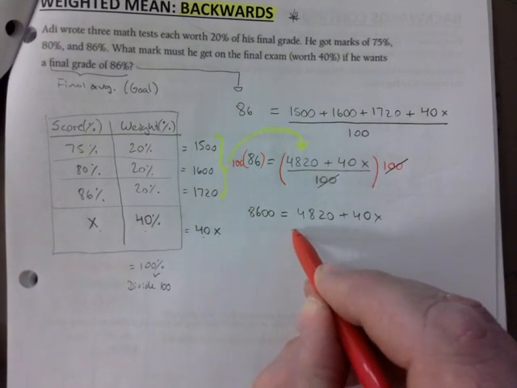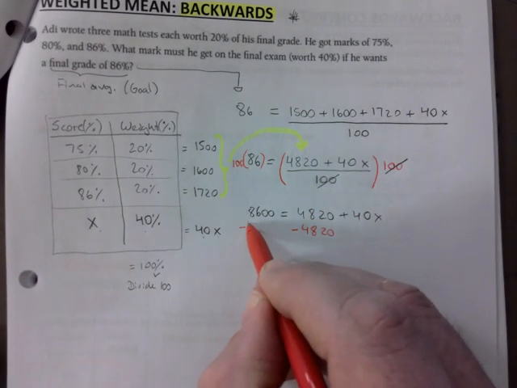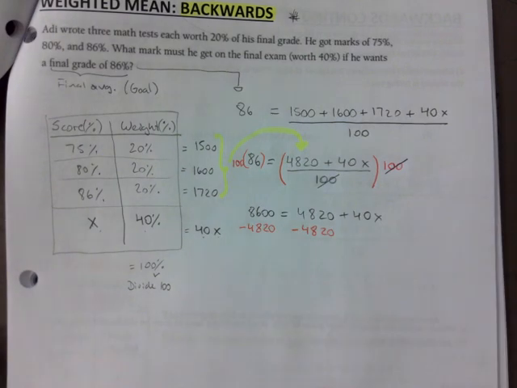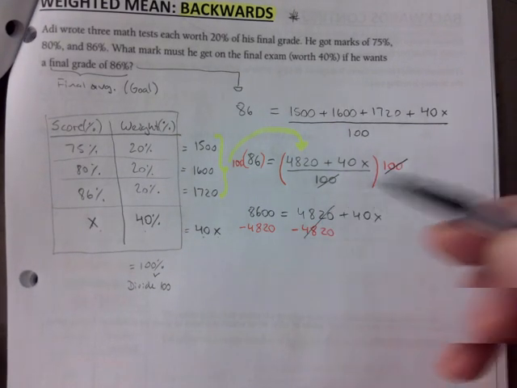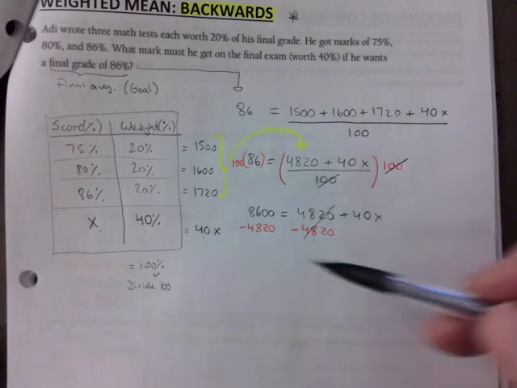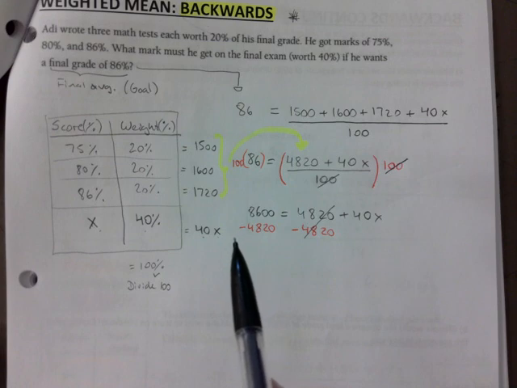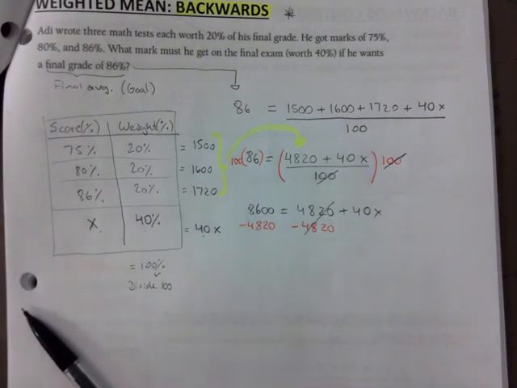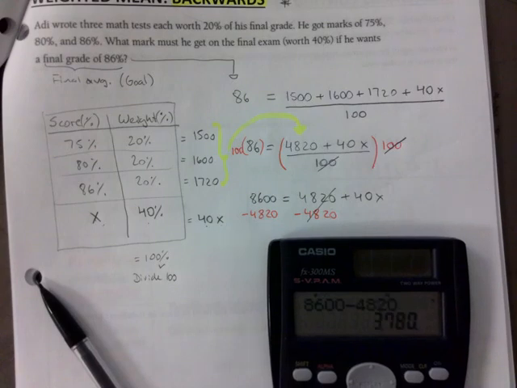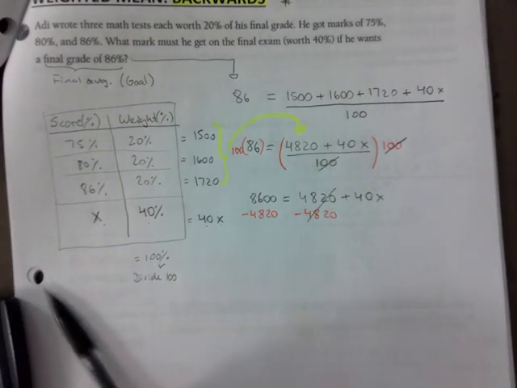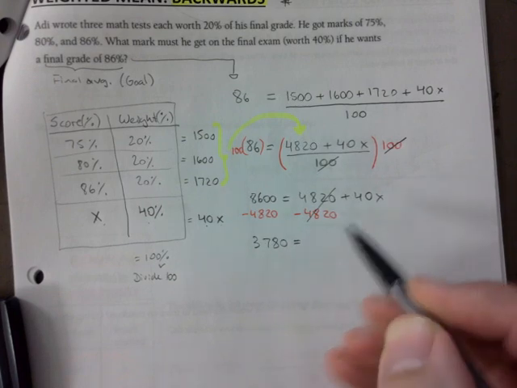Just because of practical purposes, sometimes you get ugly decimals. So I'm going to go minus 4820. I'm going to tackle this. 4820. And that's so satisfying again, right? Do you notice that on the right side, it's all about canceling things out, and then on the left side is where you do perform calculations. So 8600 minus 4820, 3780, and you're going to need to practice it. There's no way around. But once you see the pattern,